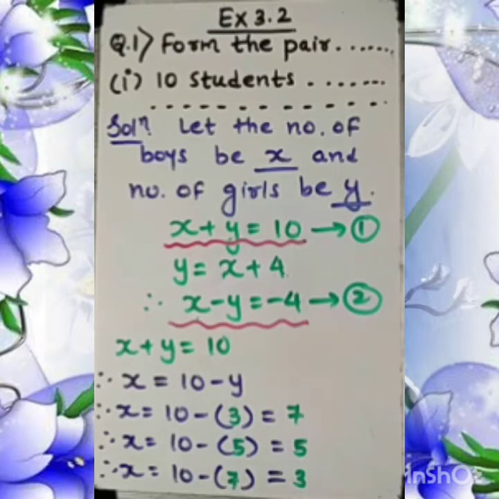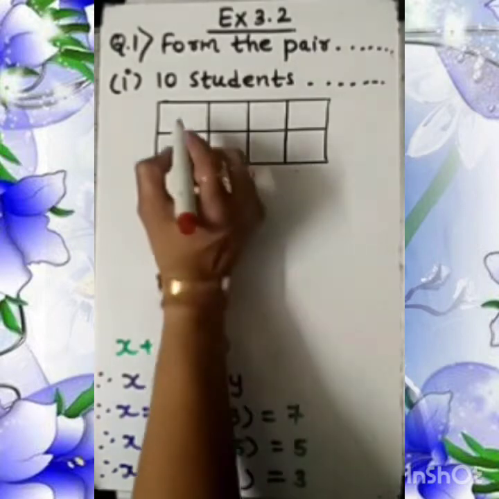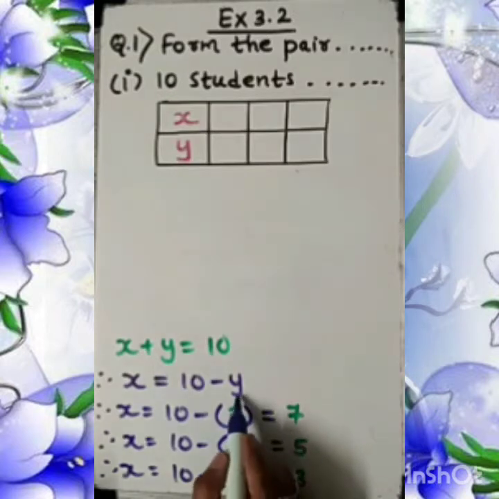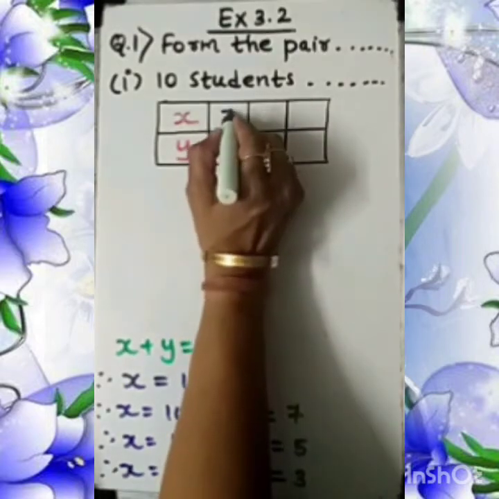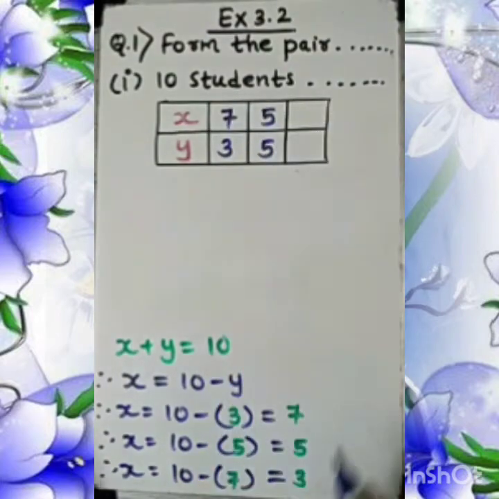So these will become the coordinates actually. This is for y, so our x coordinate is this here. Coordinates will be 7, 3; 5, 5; 3, 7 like that. Let's note this down also. So, my dear student, here you can see the table is already ready. Here we need to put the value of x, and this is for y. The value we have taken is 3 for y, so the result is 7. So I need to write 7 for that. It is 3, 5, 5 and 3, 7.